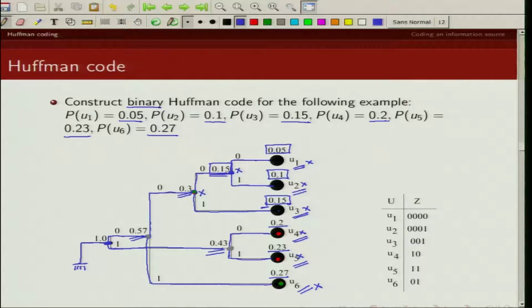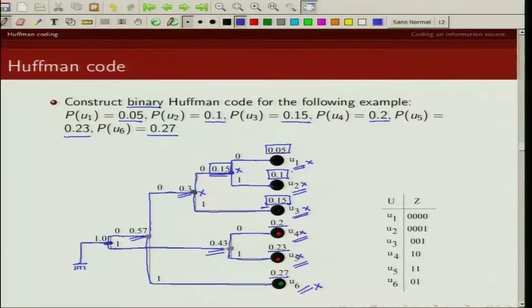Okay. And now each of these 2 branches which are starting from each of these nodes, we assign one of them as code bit 0, the other as bit 1, right? And now you can trace back the path from root to each of these code words to get the corresponding code word.